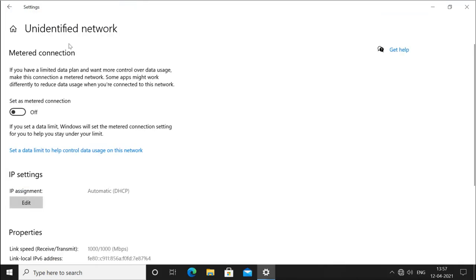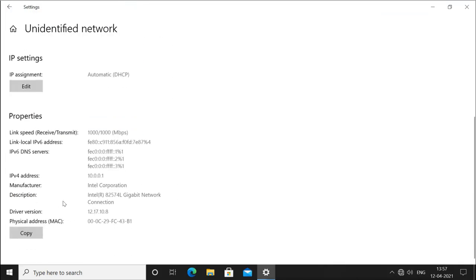This is the property of your Ethernet. This is the speed, this is the link-local IPv6 address, this is the DNS of IPv6. Now this is IPv6. After IPv4 we have IPv6 also. We will discuss IPv6 later. Now this is the IPv4 address which is already there.